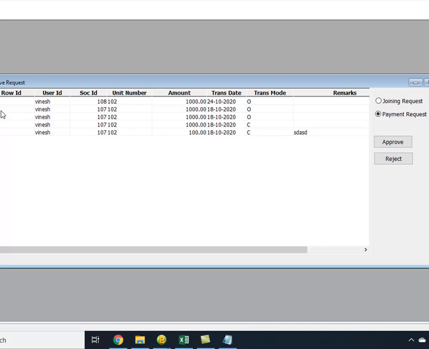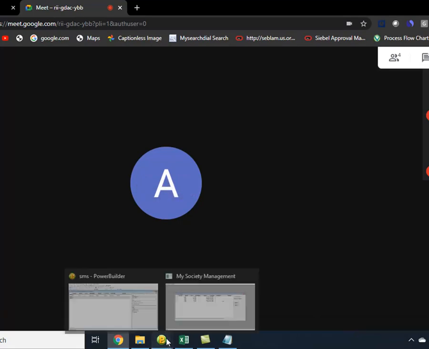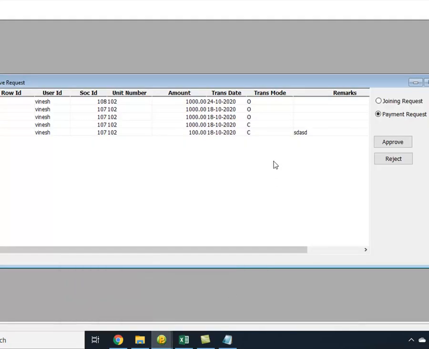So that's how this filter and sorting works. And what we can do is, I can give a button here, I can put a filter on any column, and similarly I can sort on any column, right? I can sort on any column, I can filter on any column. So what I was trying to tell you guys is, there are few options, and because of those options only, PowerBuilder is a very rich application.